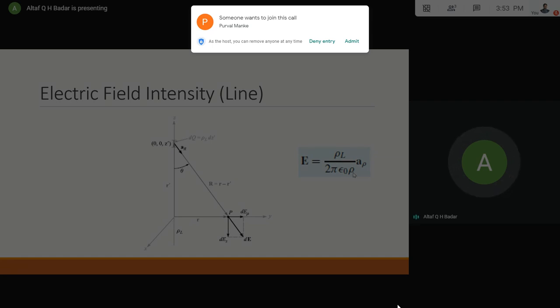Now what you need to do is, whenever you have got time, you can just search out what will happen if the line is not placed on the z-axis. Then how can we compare electric field intensity because of point charge and because of line charge? What is the difference between both of them? Then you can further search out as to what will be the effect of rho on E. Means if we move further away from the z-axis or the line charge, what will be the effect on E with the distance that we move around? So this is about electric field intensity.